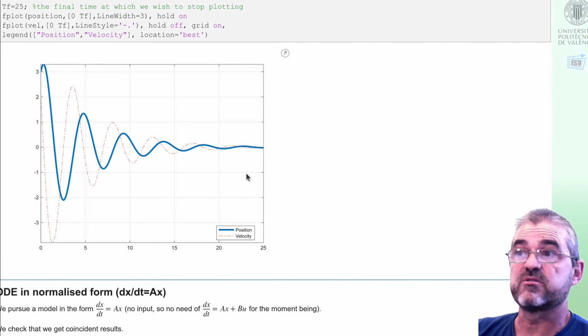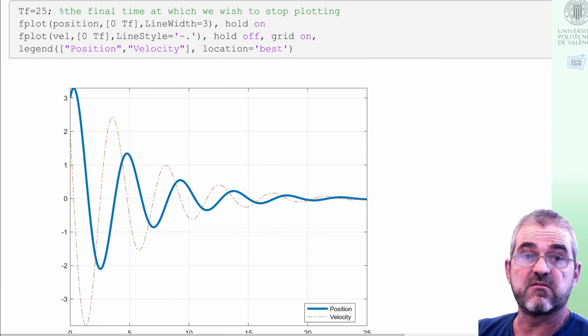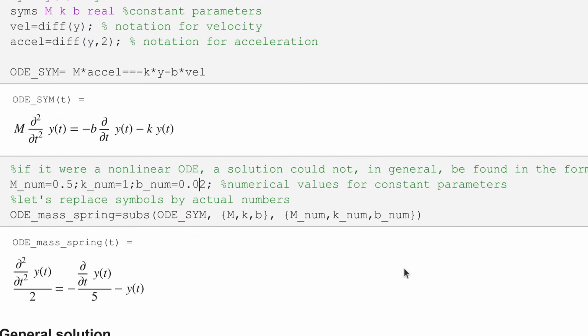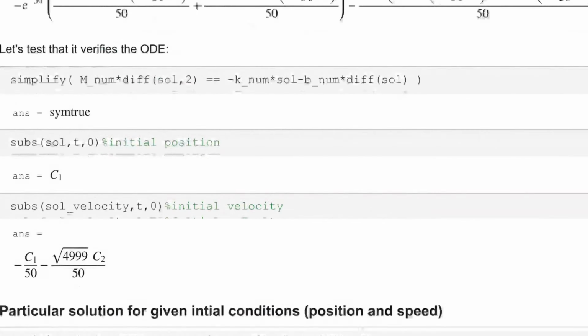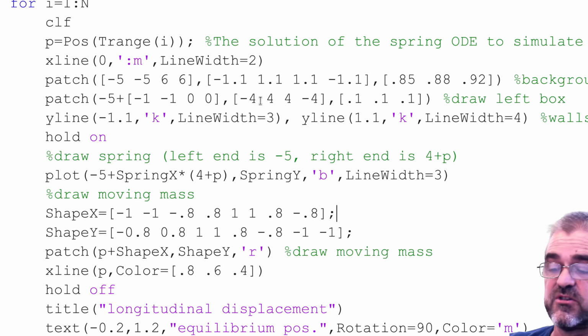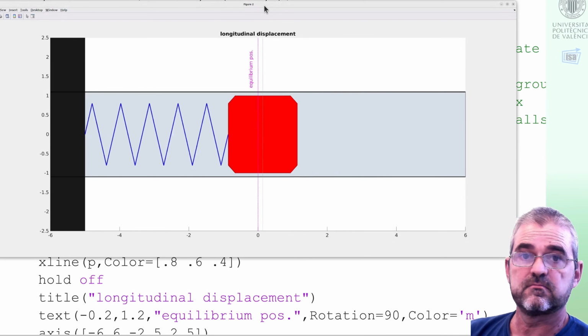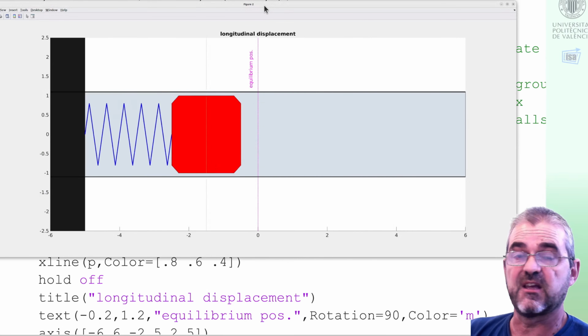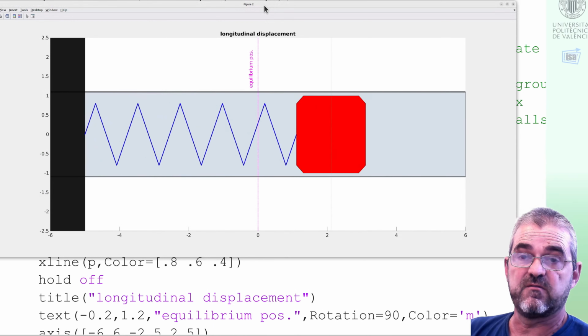As a last simulation, we may think of changing the friction coefficients, for instance. If we set 10 times less friction, the system will be less damped and oscillations will take longer to vanish. Indeed, in these 25 seconds, oscillation vanishes very little. So if we now run the simulation code, we see how oscillations take longer, and in fact,